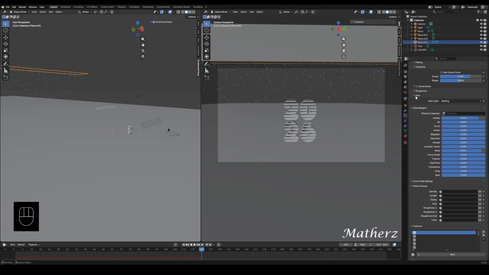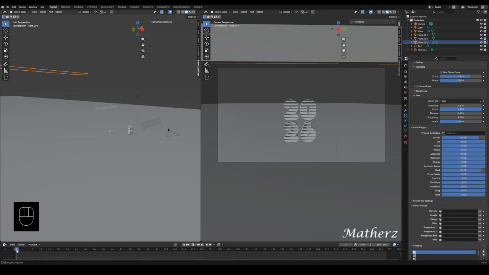Alright, you also have kink types as well, which is curl, radial, wave, braid. I'll show you the curl. So this is kind of the curl one. It just kind of pulls everything together. Okay, so